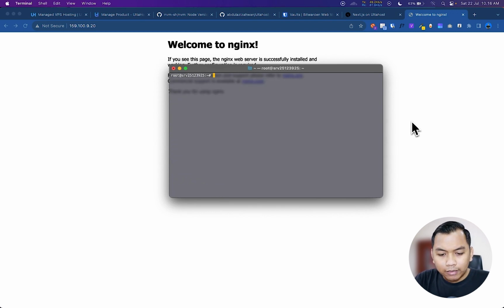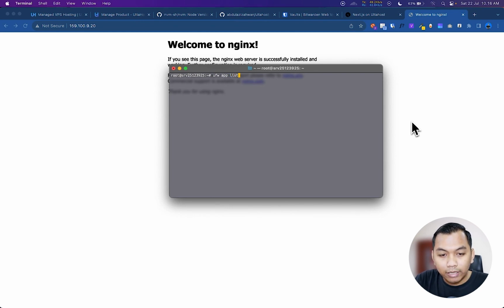First, our server may have the firewall disabled. We can check it using UFW. UFW means Uncomplicated Firewall.